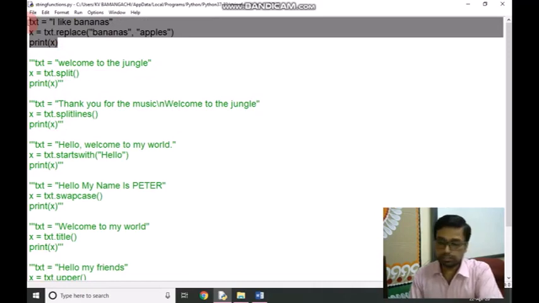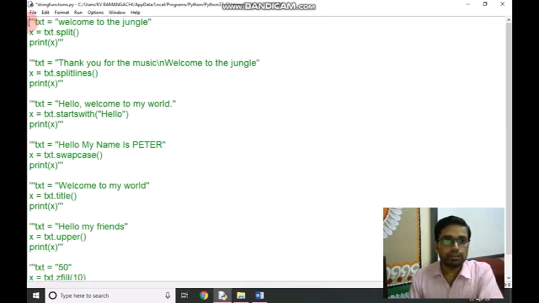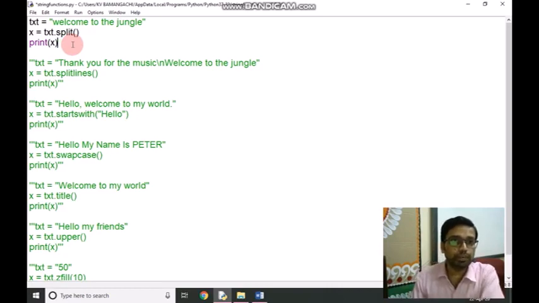Next function is split. The split function splits the string at the specified separator and returns a list. We have given a string "welcome to the jungle", and we have used the split function as txt.split, stored the value in x and printed the value of x.